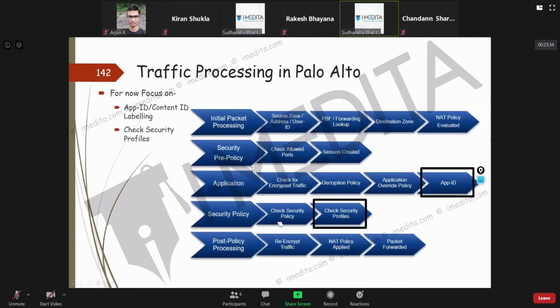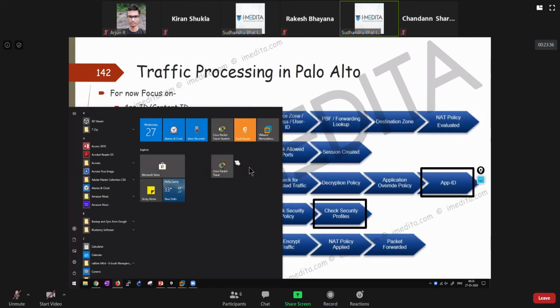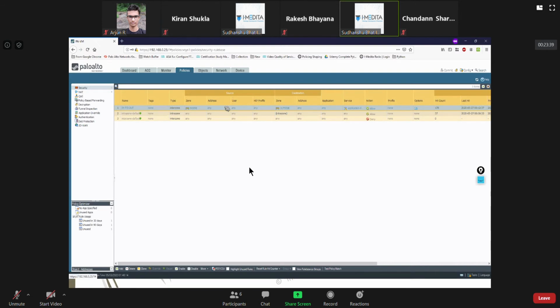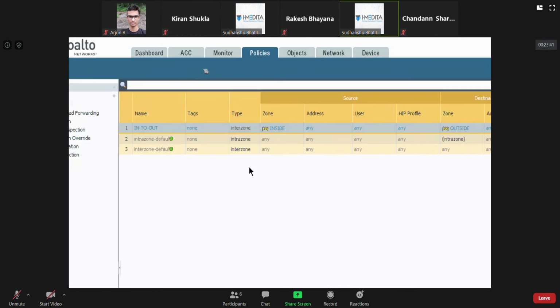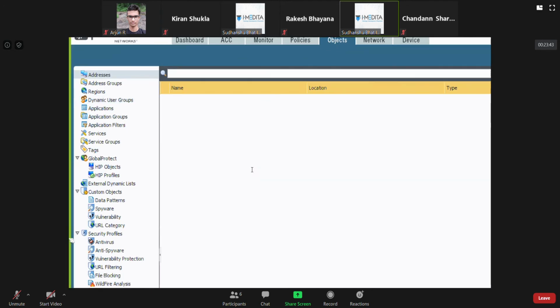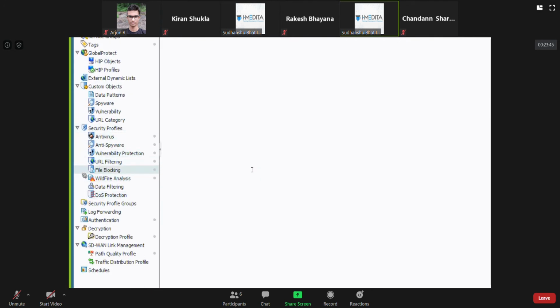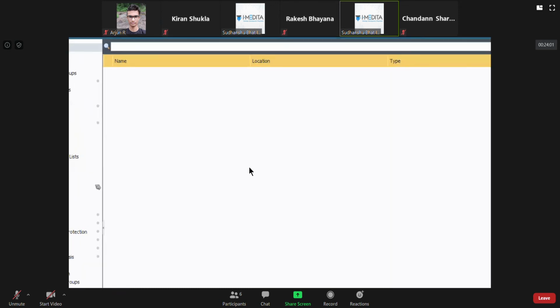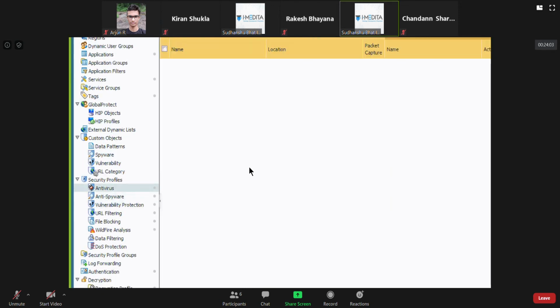And for these security profiles, you go to Objects and you see these are the security profiles we have. In these you basically create them, and you also have default versions of most of them. Like if I click on antivirus, you see there is a predefined default version.